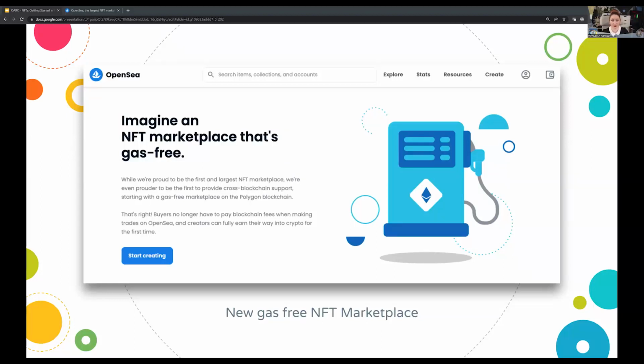So just like that question that we got earlier today from George, it really does depend on the market too. New markets are popping up every day, including this free option that OpenSea set up not too long ago, using the Polygon blockchain, which you can find under their resources tab in the menu. And again, there are benefits and drawbacks. This will mean a greater flood of projects on this free marketplace, and it may result in discoverability challenges, lower prices, lower sales, but it makes it much easier to get started.